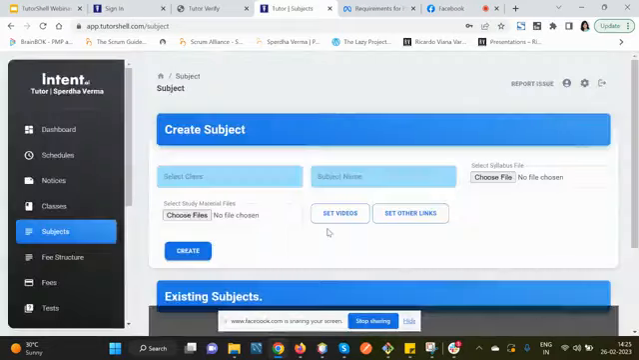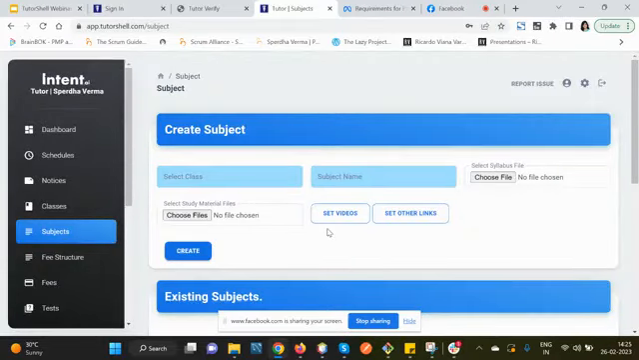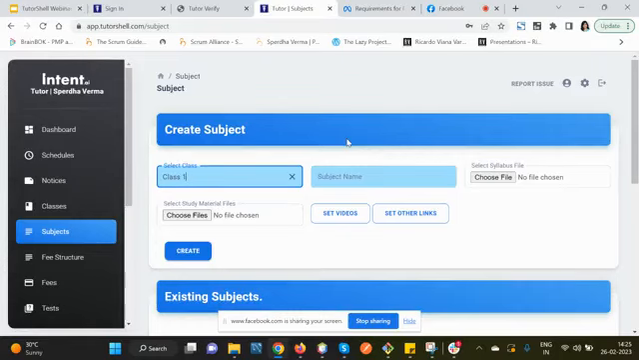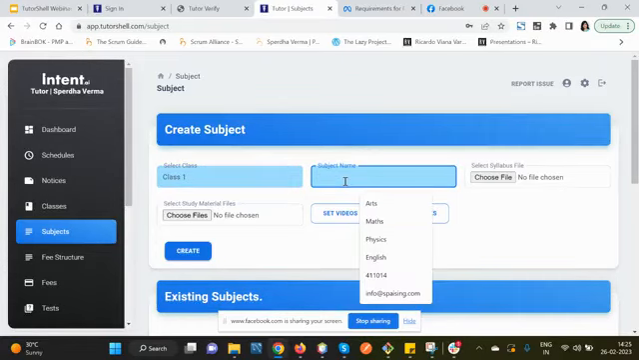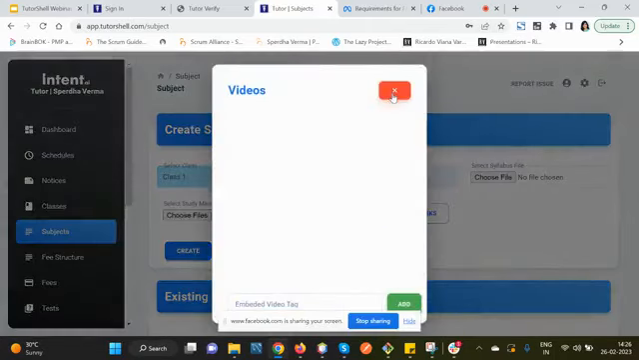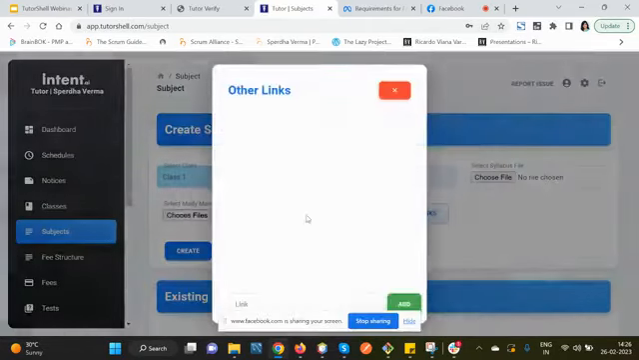Then the subjects come. Whichever classes you have defined so far, you need to select one of the classes over here and add the subject name. You can give any subject name, so let's say you want to create English. You can give your syllabus file, your study materials, and you can also embed outside reference videos, YouTube videos. You can also set